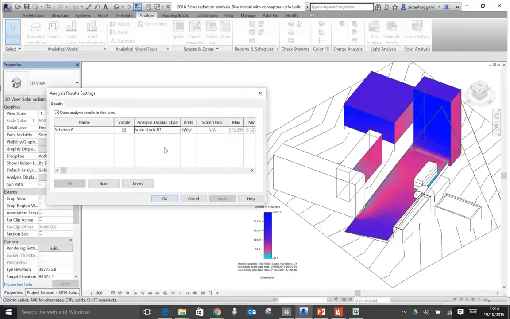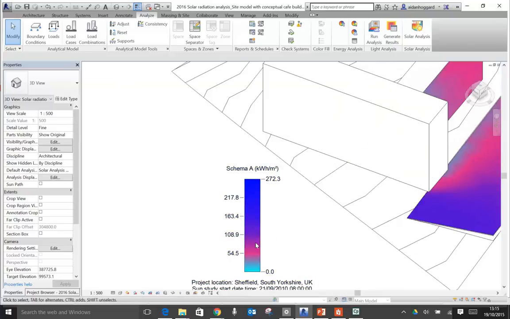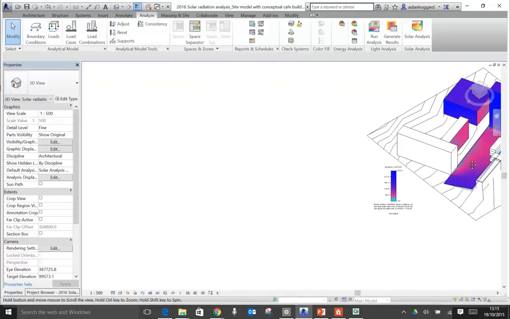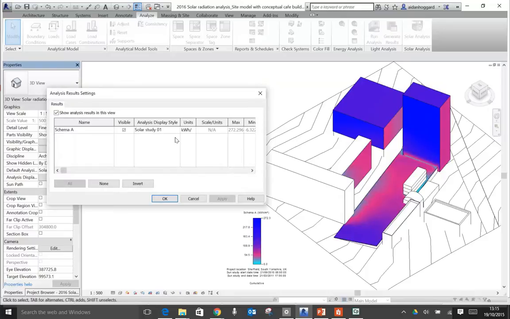Okay, so that's using a sort of color scale, but if you want a slightly more accurate data display, you probably want to see the actual values. So at the moment with the color scheme, you would have to look at the key, understand that that sort of pink is 54, and that will give you an idea about the radiation levels. Now let's look at putting a grid of points on. So again, if we go back into our analysis display,